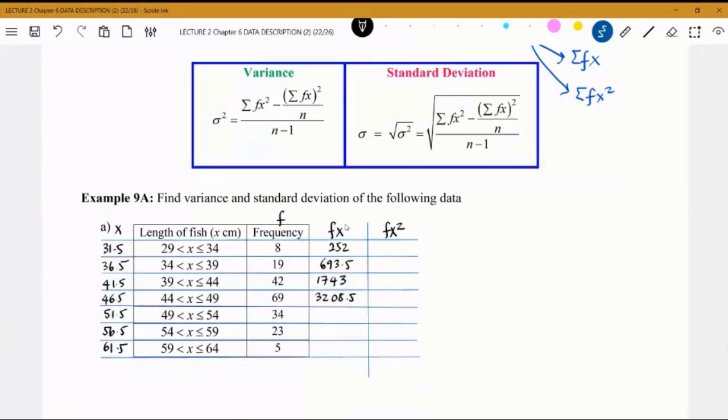This 1751 here, 1299.5, and then the last one we have is 307.5. Okay, that's how we find the fx. So to find the fx square, it means the values in the fx you have to times with the x once again. Kamu kena darabkan x lagi sekali. Okay, so we get the fx square by